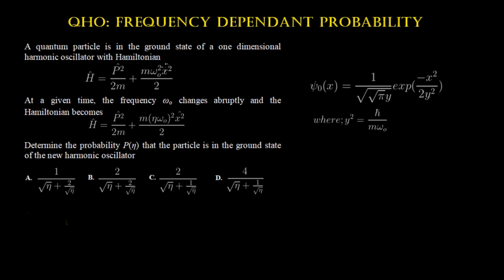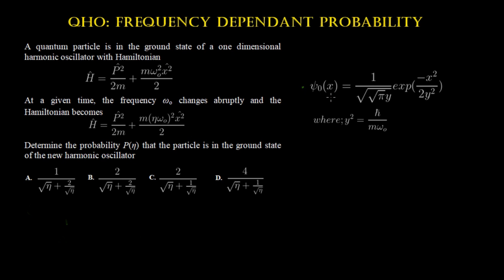A quantum particle is in the ground state of a one-dimensional harmonic oscillator given by the Hamiltonian, and at a given time the frequency omega naught changes abruptly and the Hamiltonian becomes like this. So we need to find the probability that the particle is in the ground state of the new harmonic oscillator. It's given like this: